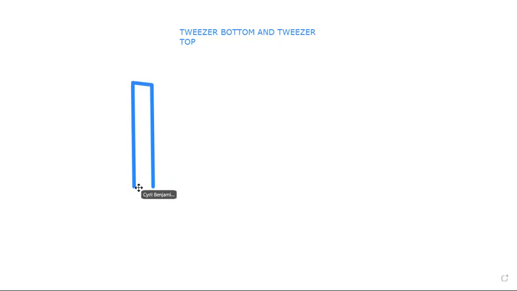Okay, so let's now pick the first one. Let's use the tweezer top. The tweezer top candle pattern,